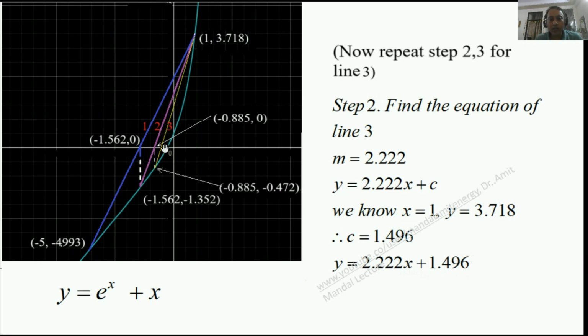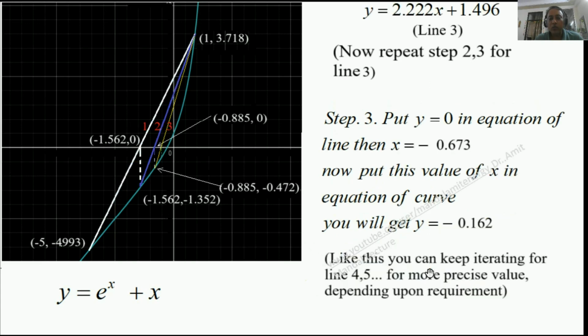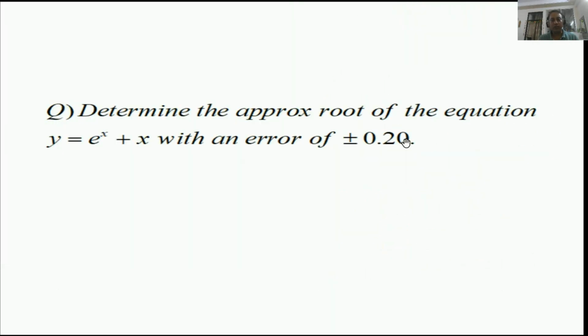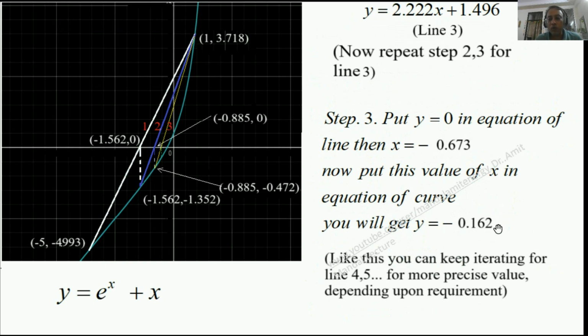Okay, again this third line intersects the x-axis where y is 0. Putting y to be 0, what x am I getting? x equals minus 0.673. Now in case I put this value of x in the equation of the function, I get y to be minus 0.162. So we have reached our goal, that is, y can have an error of plus or minus 0.20. Here it is. Okay, so y is almost close to 0. Since in the question it is given that y can be between plus and minus 0.20, we have reached